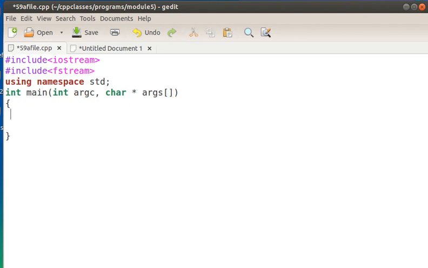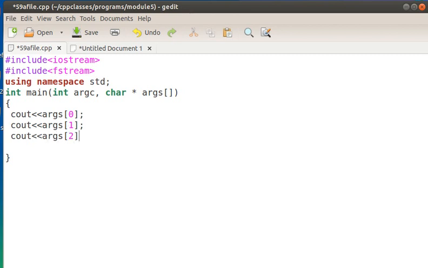We will try to make it clear by printing. cout args of 0, then cout args, which is the array name, args of 1, and cout args of 2.